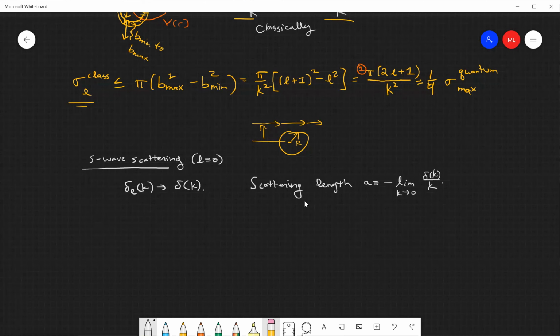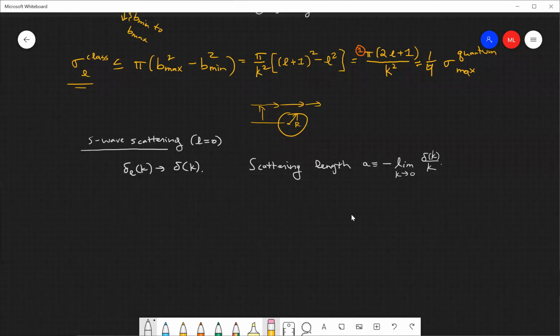scattering length. Of course, that's not quite true because it depends on k, the incoming momentum. But at least if you're only worried about what happens in the low momentum limit where you send k, the incoming momentum, to 0, then everything really is determined by just the scattering length, as we'll see. But we'll see all that in a moment, because we're going to do an example and see how it works. So let's do